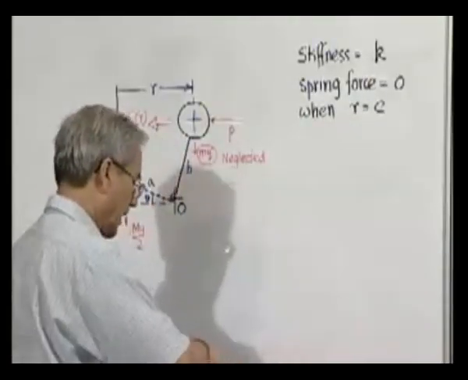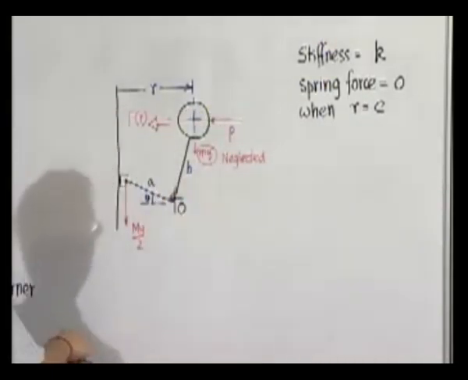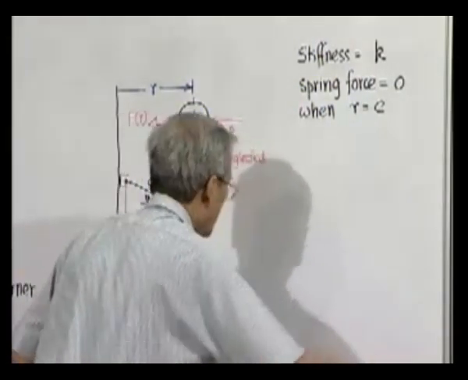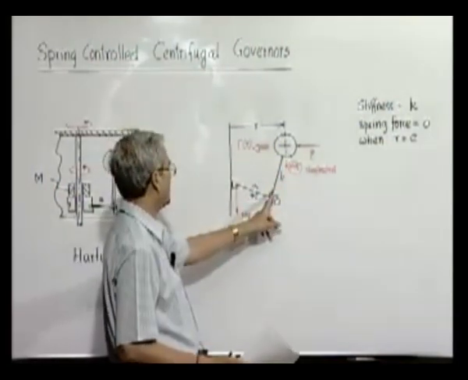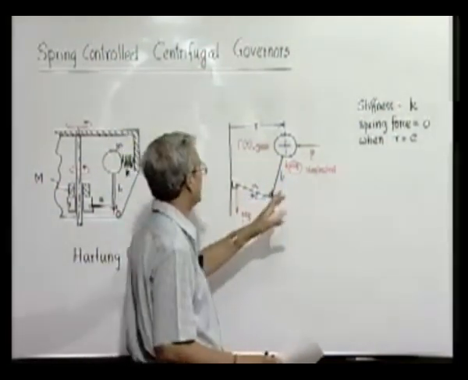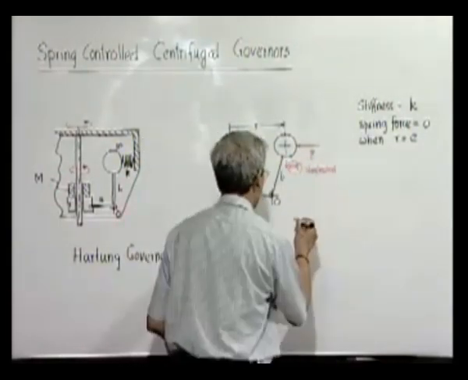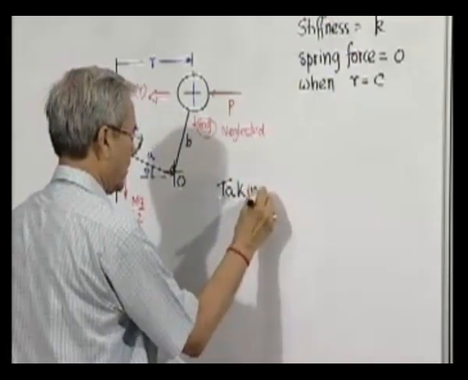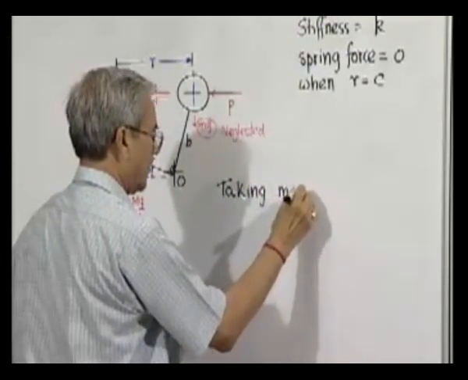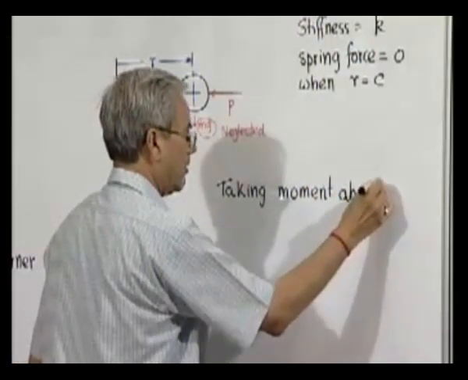Let us try to derive the expression for control force. As we have done before, we will do the same thing. That means to find it out, what we will do, the moment produced by this equivalent force about this hinge point O will be same as the moment produced here by the actual forces. So therefore, taking moment about O,